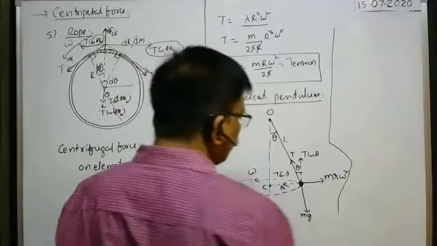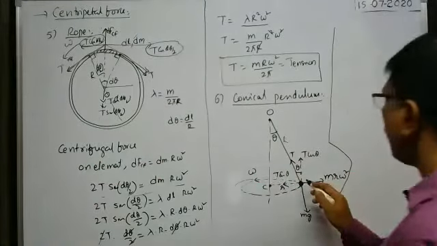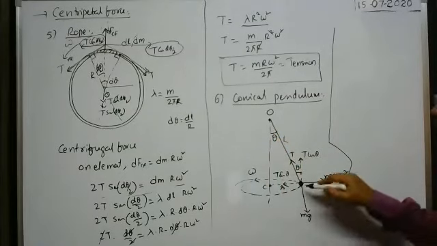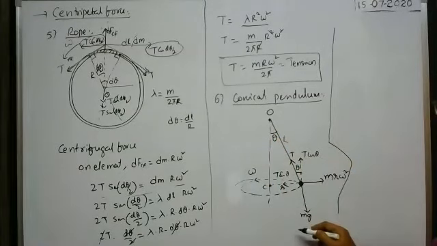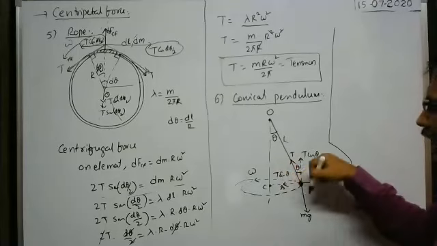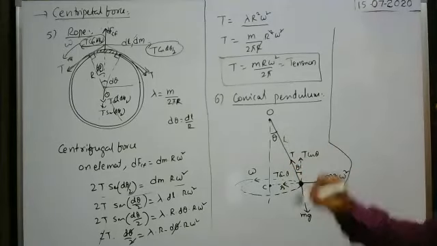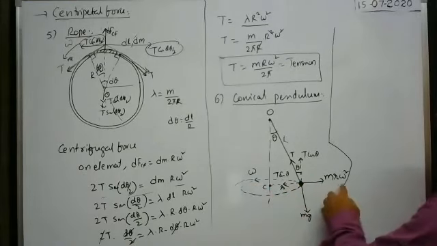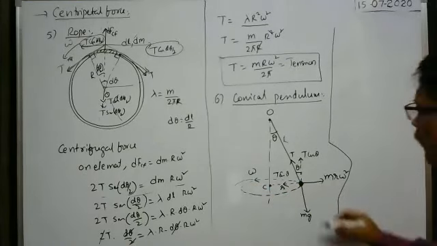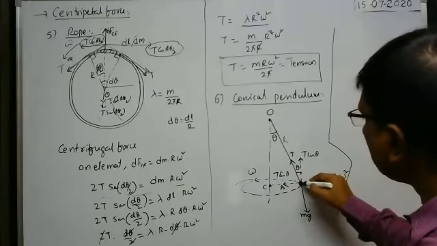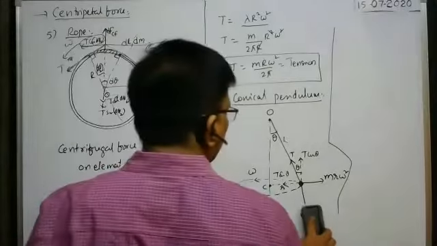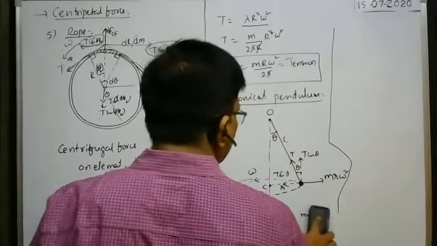Now you see, whenever the bob is making rotations about the vertical axis, the bob neither rises upwards nor falls downwards. It is constantly rotating in the same circular path with constant angle theta. That's why the bob is in equilibrium along the horizontal direction and along the vertical direction also. The weight is always acting on the bob vertically downwards.